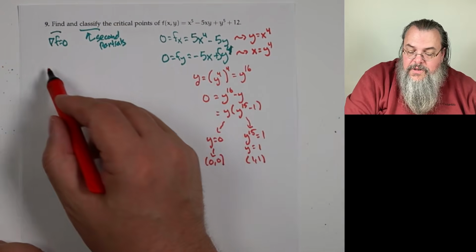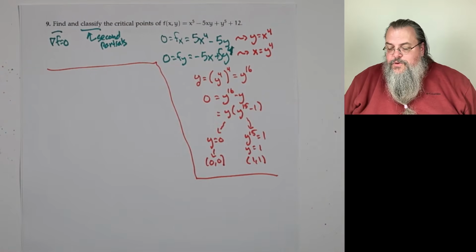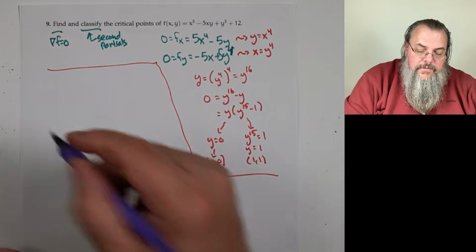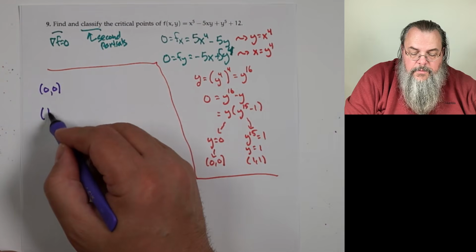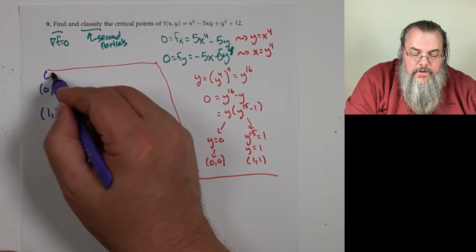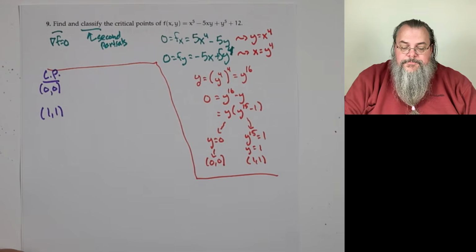All right, so that's the find stage. So we have 2 critical points. We have a critical point of 0, 0, and a critical point of 1, 1. So here's a critical point. All right, good. Now,